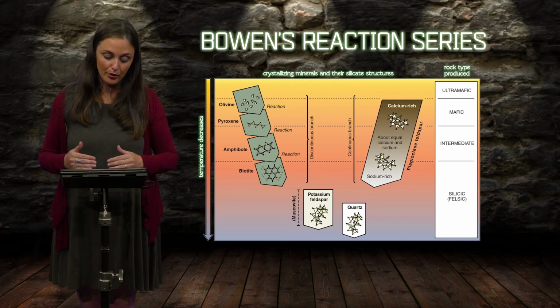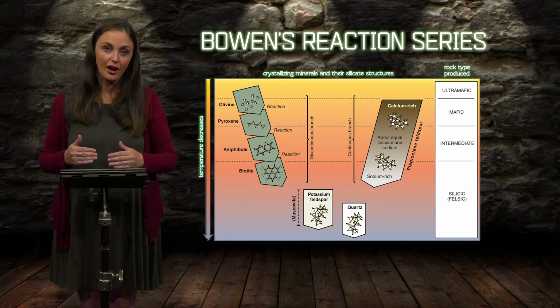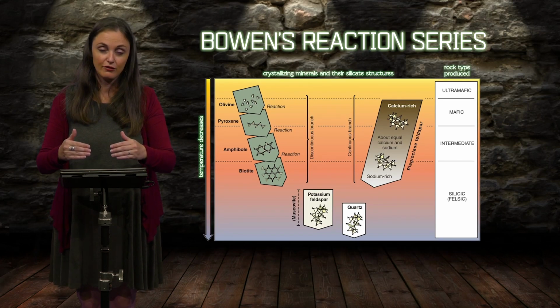And they all melt at very precise individual temperatures. And that same temperature that they melt is the same temperature that they would crystallize in. And that's what we really care about because we're looking at how they form and not necessarily how they're going to be destroyed. So from the top down on Bowen's reaction series, you have the crystallization of lots of different